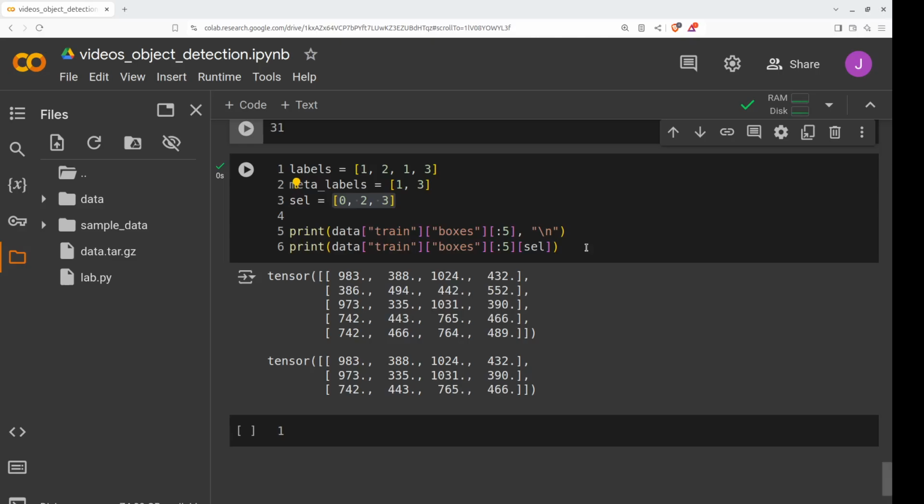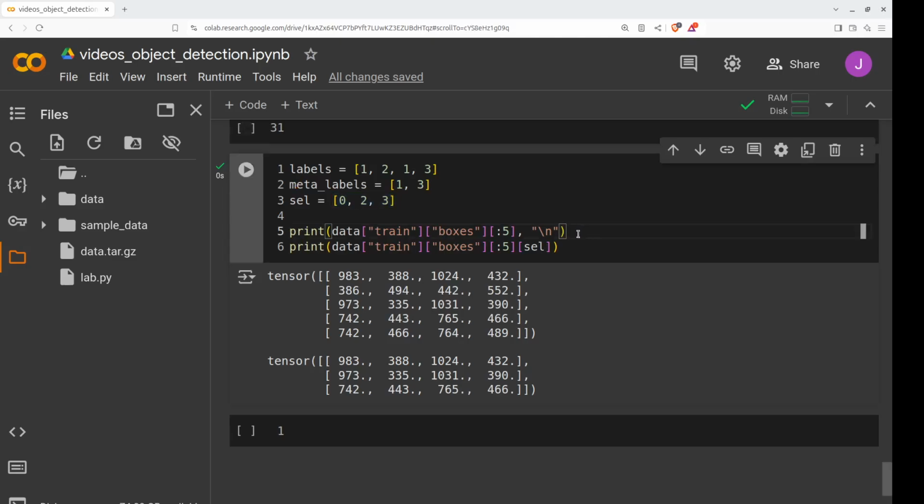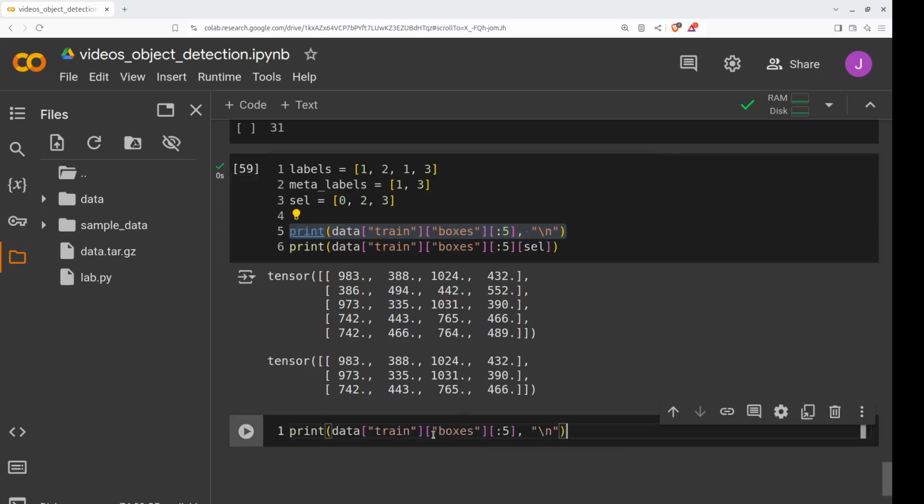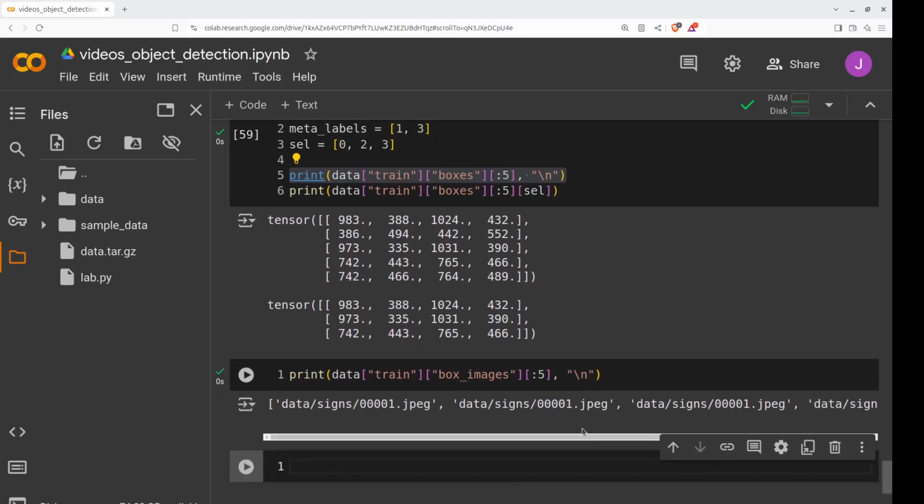Let's continue now analyzing the different filtering criteria, and now let's move to the box images. Okay, let's move now there. And so what we need simply to do is just say, okay, instead of boxes, we're going to have box images. Let's see how this looks. Okay, so indeed we have different image paths,